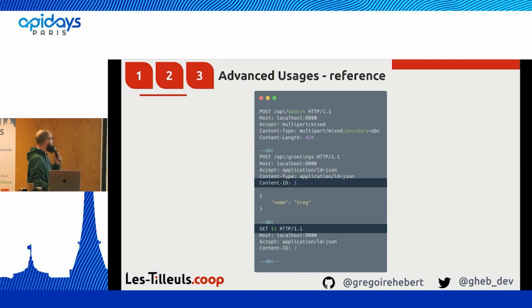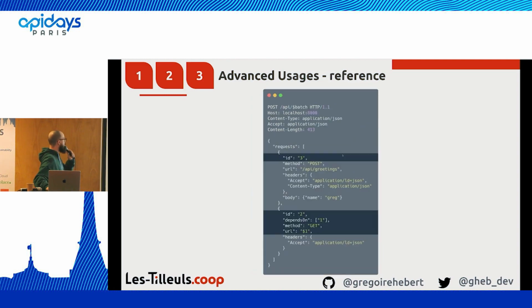It has to have a content ID to specify each request. What it does is it allows me to have references. This is what I meant before. Here I can use this $1 in the second request by saying, okay, maybe I will receive something from there, and the IRI from the response of the first request will be used as the URL for my second request. Here I have my reference and dependencies system. If I say that the ID 2 depends on the request